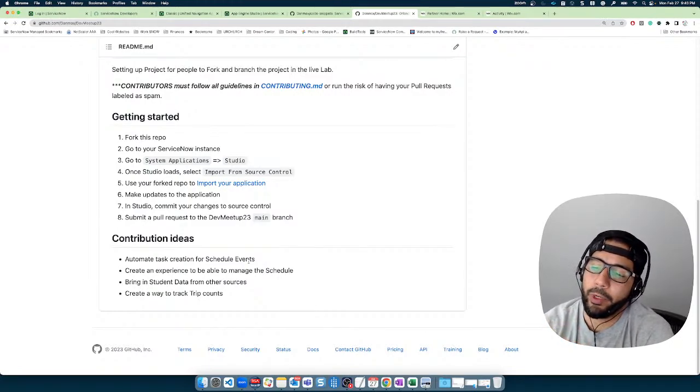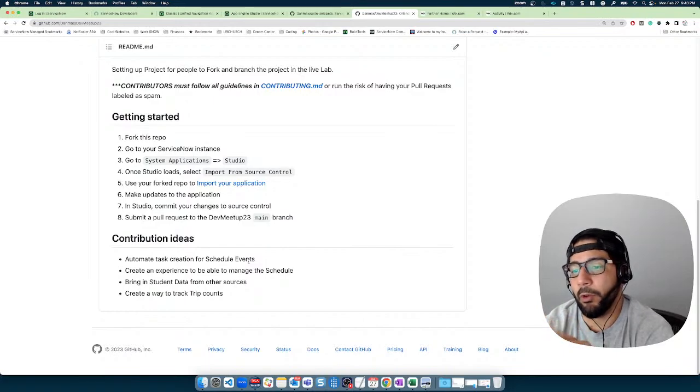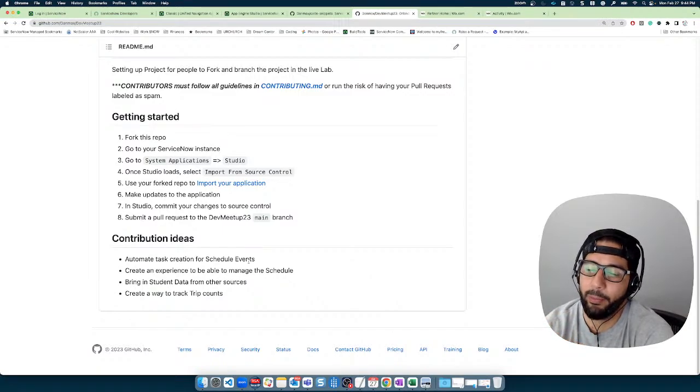Okay, so we will create like a schedule, a dispatch route for the driver to go pick up students, and the app will guide them with the map, and it will show the students that need to be picked up in certain locations, and then it will take them to the next destination and the name of the student that they're picking up, and then they will be scheduled to go to schools, and they'll be dropped off. Okay,